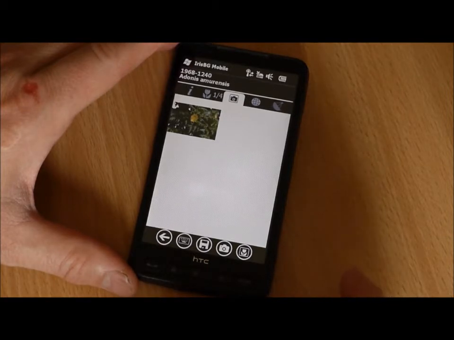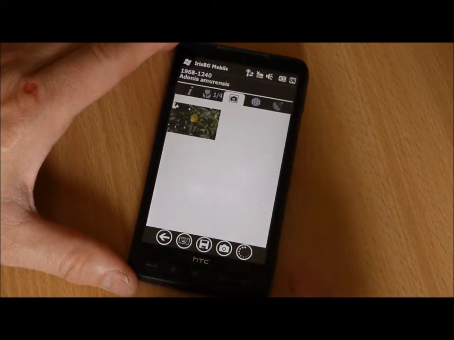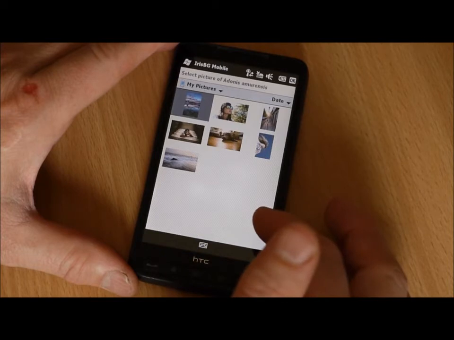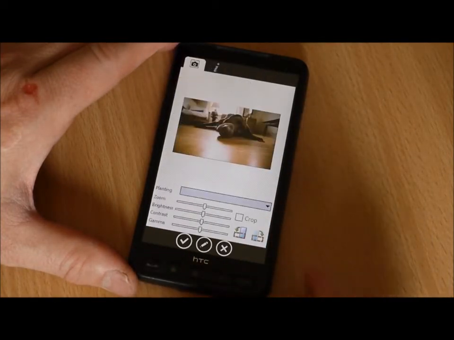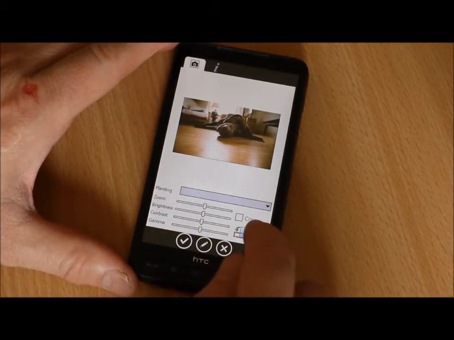If you want to take photos, there's two choices down here. You can either use the camera or the file button. If I use that first, just to show you, then you just pick and choose from photos taken earlier on the device. So I can pick this dog, for example, and here you can also see that there are other options like